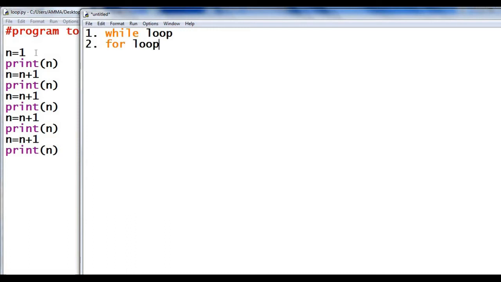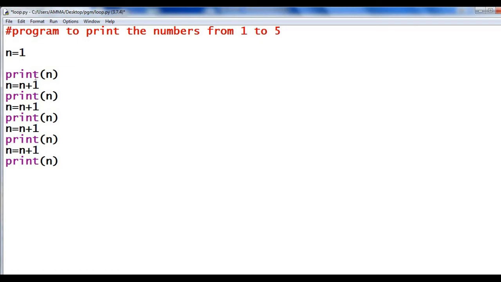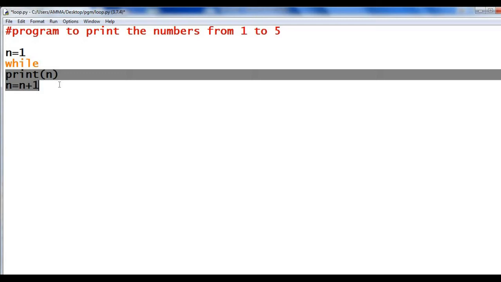First we will see how to do this program using while loop. Initial condition is n equal to 1. Then print n and n equal to n plus 1 we are going to repeat. Here the loop starts with while, then after while you have to give a condition, a test expression. That is the condition in which these two statements should execute.